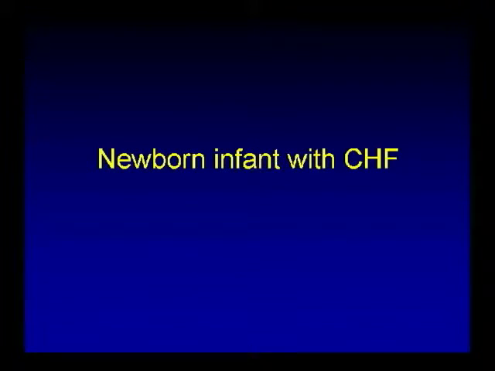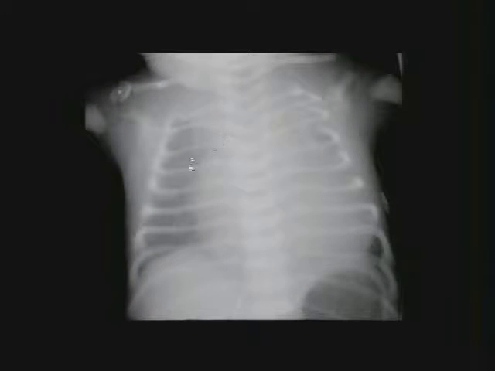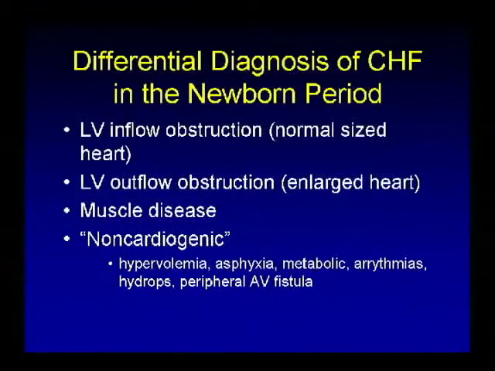The first case is a newborn with congestive heart failure. We can see on this chest x-ray that we have a markedly enlarged heart in this baby with vascular congestion, and we also have widening of the upper mediastinum that could just be thymus, but it's not going to be in this case. The differential diagnosis of congestive heart failure in the newborn period can include either a left ventricular